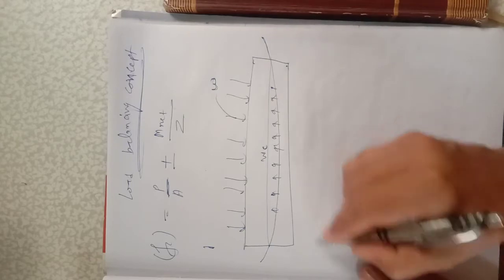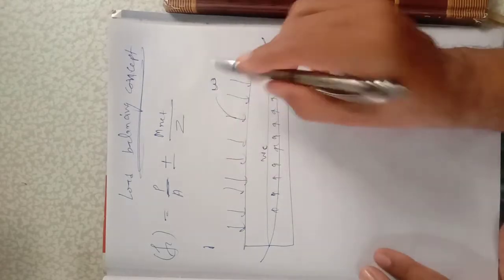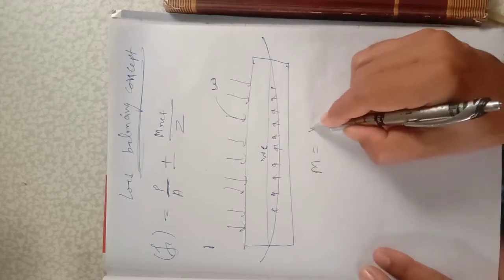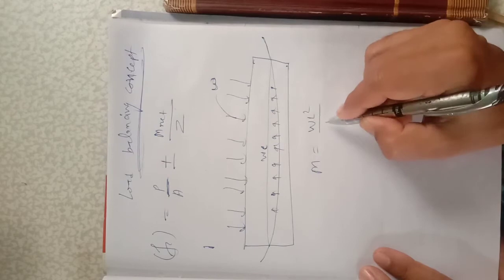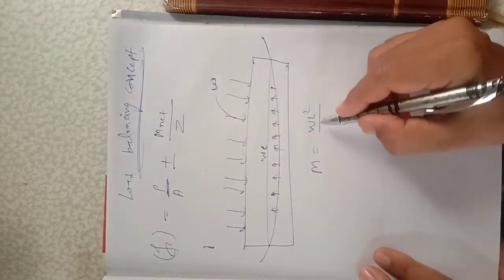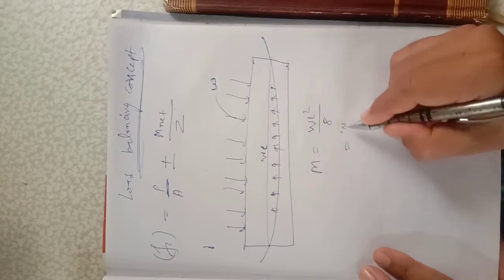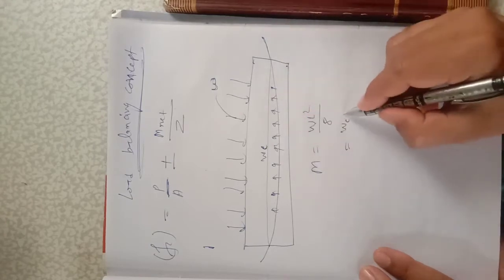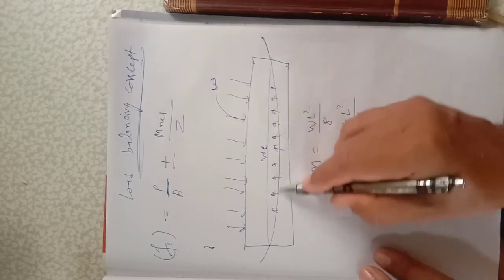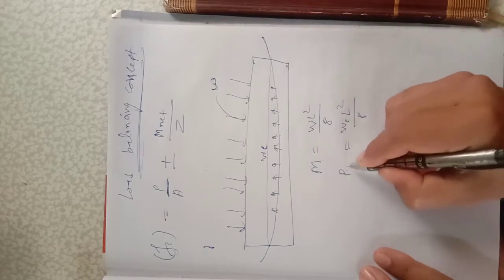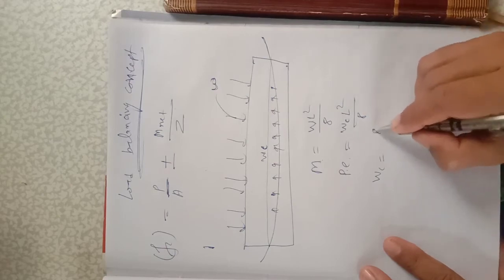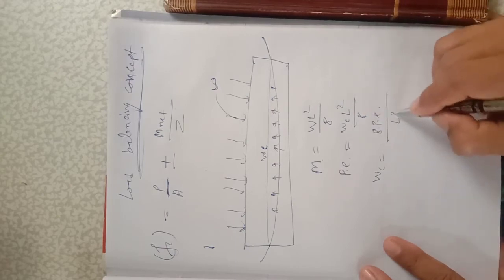Actually bending moment is known to you, WL square by 8. Okay, now this WC is equal to, we know that M is equal to WL square divided by 8. This is the bending moment formula. Now because of the upward pressure, we can say that this W is eliminated by WC. This WC, L is same as it is into 8. What is M? M is related with the pre-stressing force multiplied by eccentricity, that is P multiplied by E. Okay, so we get that WC is equal to 8P into E divided by L square.